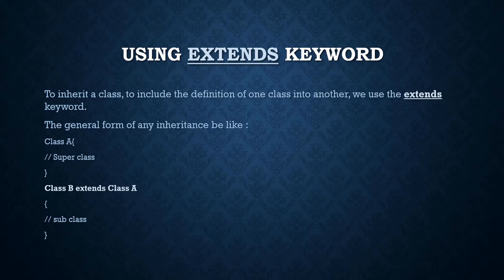The general form of this inheritance is like this: class A, which is a superclass, and class B, a subclass, using the keyword extends class A. The meaning of the statement is class B is extending the definition of class A. That means class B is now able to access the definition, that is the members, of class A.